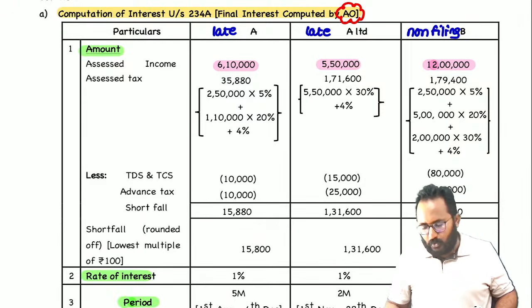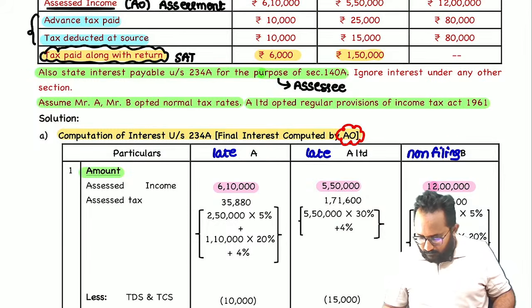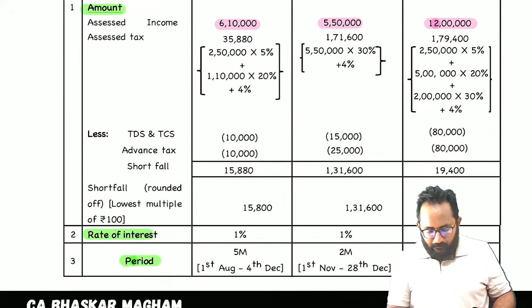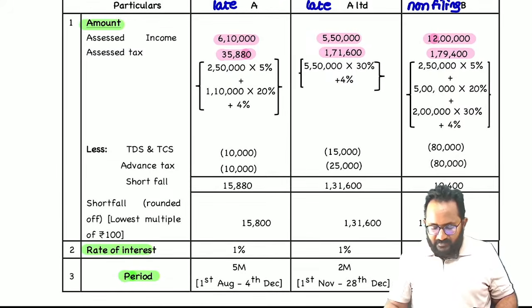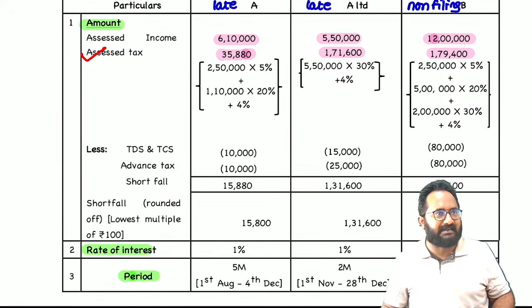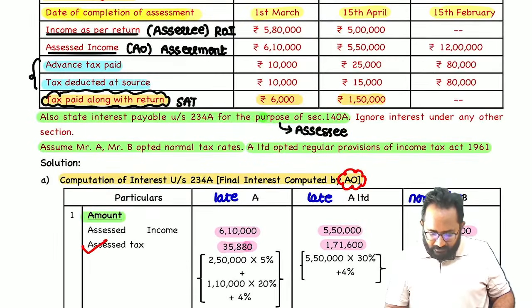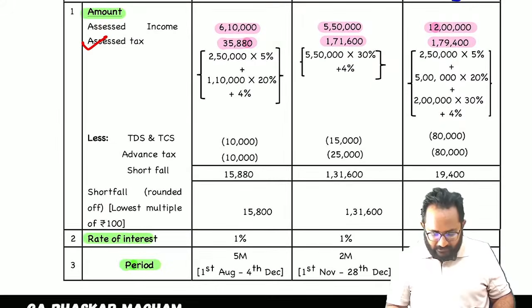Now on that we have to calculate the tax. We calculated the tax also. Here they clearly gave that individuals are following normal rates. Company also following the normal rates. Tax you can compute. I don't want to calculate now. Easily you can calculate here slab rates. Company following the flat rate. So this is the assessed tax. From that assessed tax I can reduce the credits. What are the credits I can reduce? They gave the TDS, TCS and advance tax. These are all the credits we can reduce from the assessed tax. After removing the credits, you will get that amount as what?